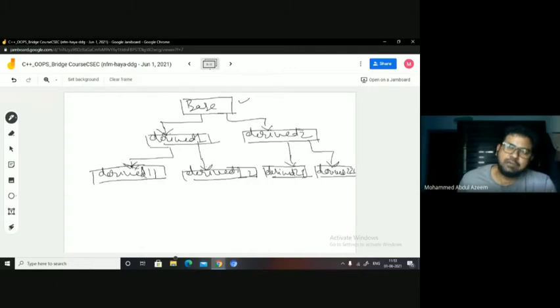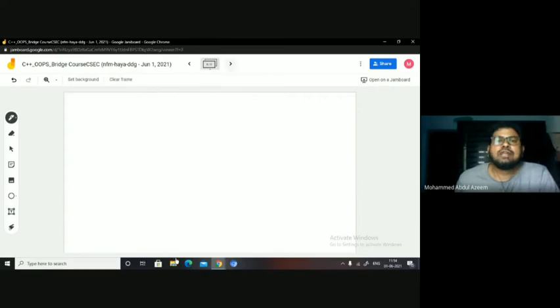Whereas his own parent's property he may get more, but his grandparent's property he will get less, because it is going to be divided across siblings now, right? Their siblings. So obviously the scope will be limited. That's how the scope is limited with the visibility mode, right? So that way the privileges are going to be restricted level by level when the base class is being inherited at more than one level, from generation to generation. Now the next one is the hybrid inheritance.